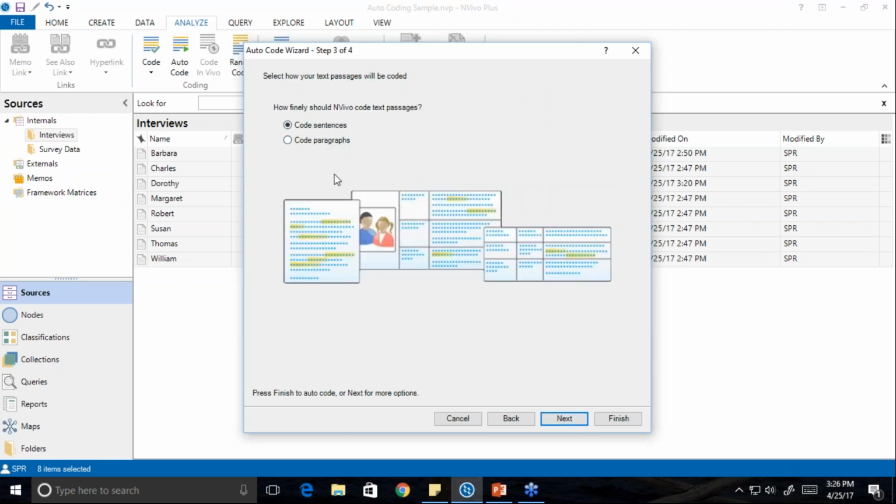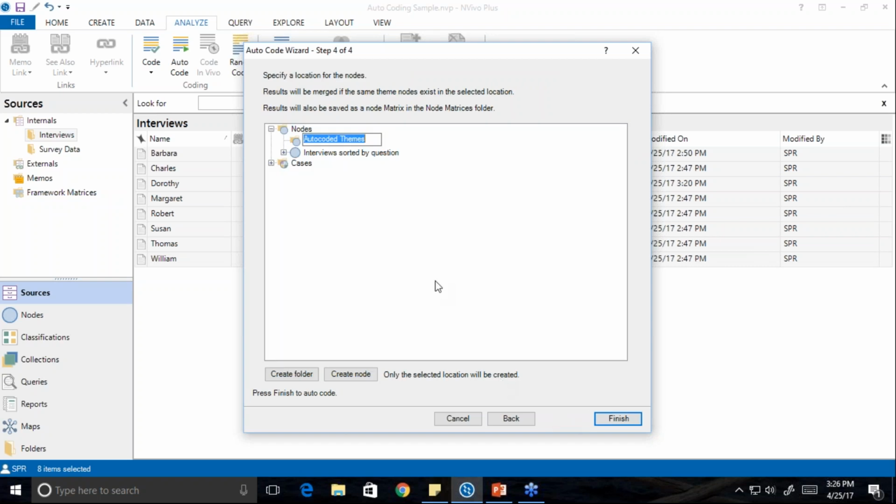Again, I have the ability to code sentences or paragraphs. Typically, I go with sentences because when I want to go back and review, it allows me to very quickly decide whether or not something obviously doesn't belong and be able to uncode it. After that, I can always go back and see these pieces in their full context if I'd like to be able to adjust the coding a little bit more. A lot of it depends on your needs. It's creating a folder called auto-coded themes for me,